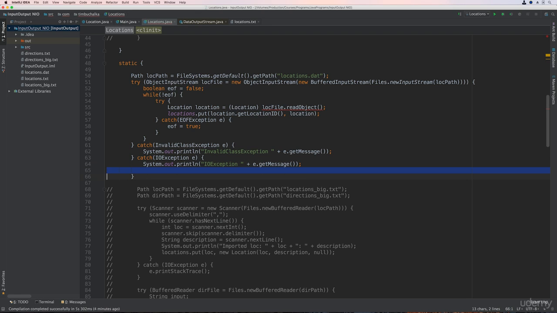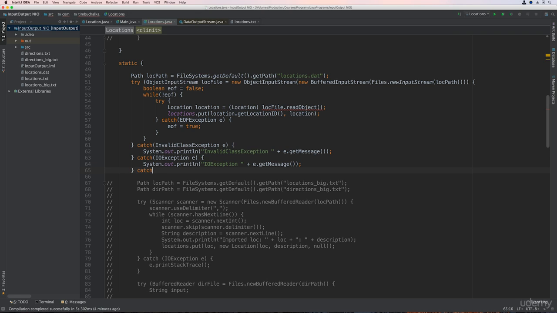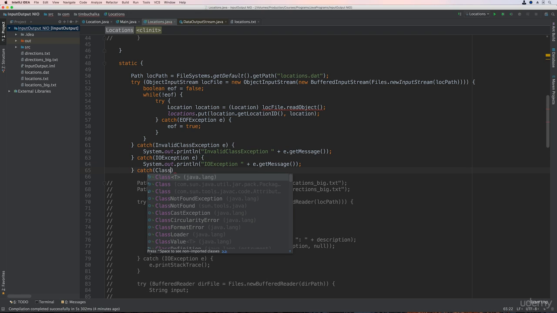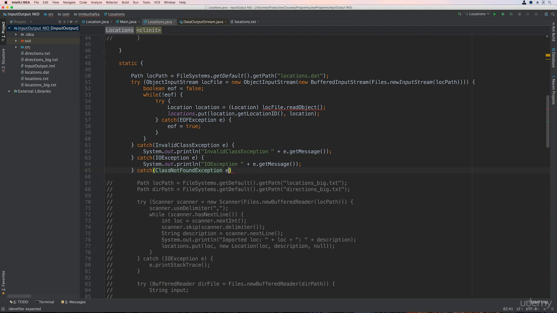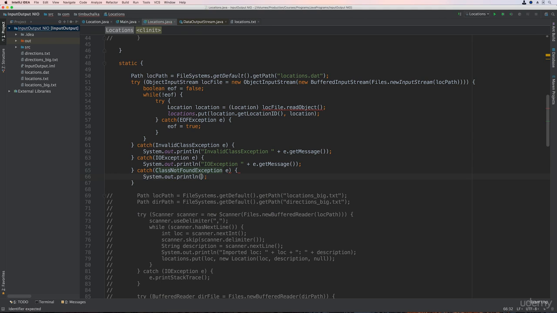And then the third one we do want to catch here is the ClassNotFoundException, ClassNotFoundException plus e.getMessage. So the code is very similar, almost identical to what we used previously to read objects from locations.dat, except